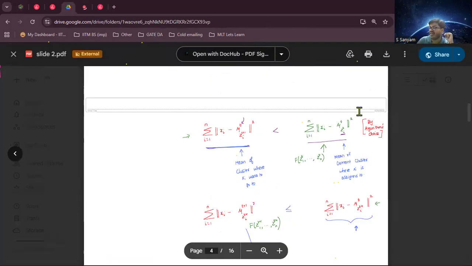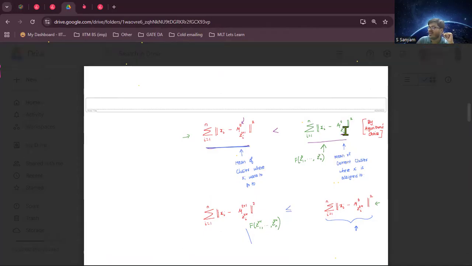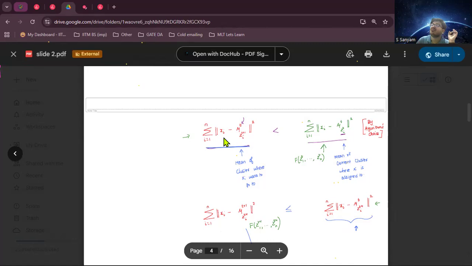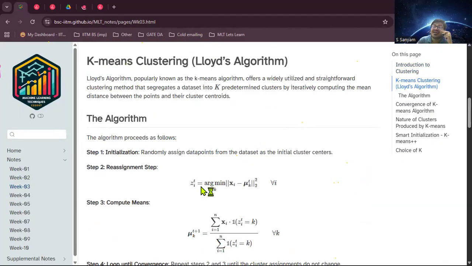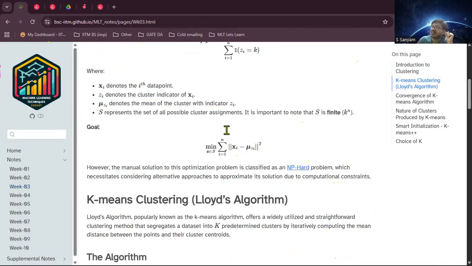That's why the objective function at the T-th iteration will be greater than at the further iterative step, because for every cluster we have ensured that, and we are reassigning on that basis. At any further iteration we assign the data point xi to the cluster from which the mean distance is minimum. So if we do the summation over all, this will be less. Yes, I have proved this, that the mean of the cluster when